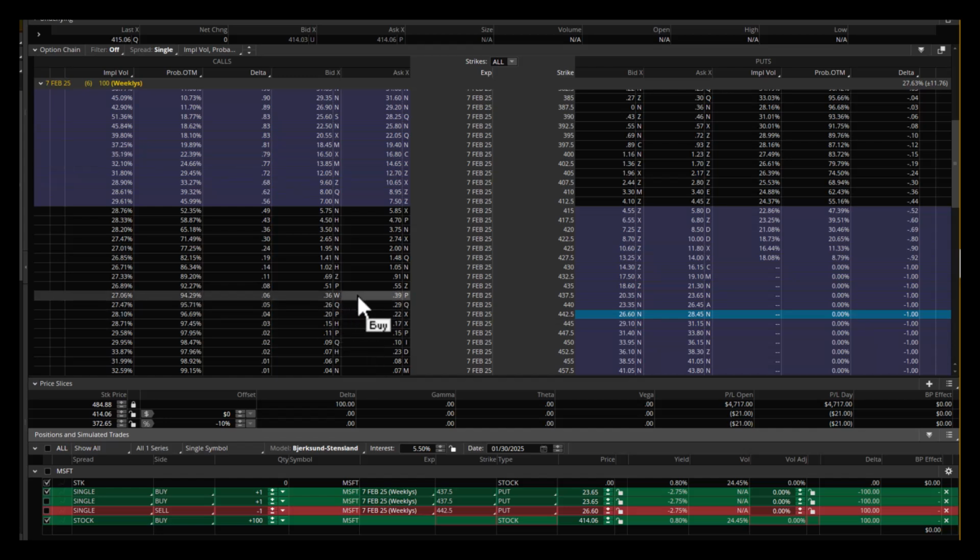So my carry cost to hold this position as a market maker is 30 cents. But the synthetic equivalent call is worth 36 cents. So I'm not going to exercise those puts. If I exercise those puts, I'm basically getting rid of a synthetic call that is actually worth more than it cost me to hold this position.